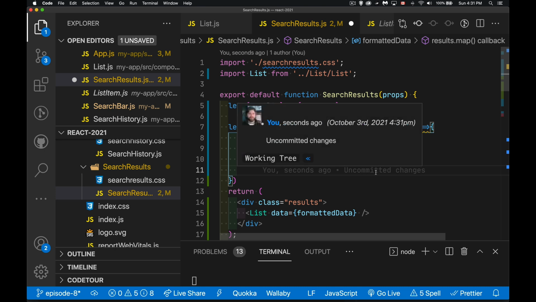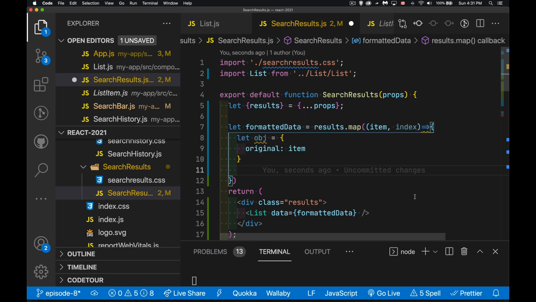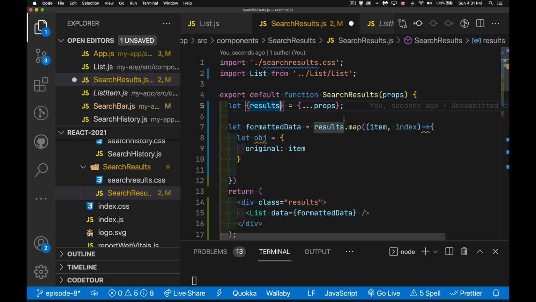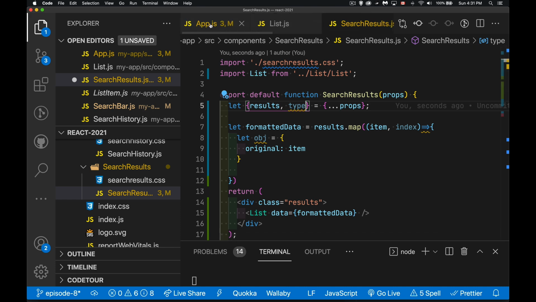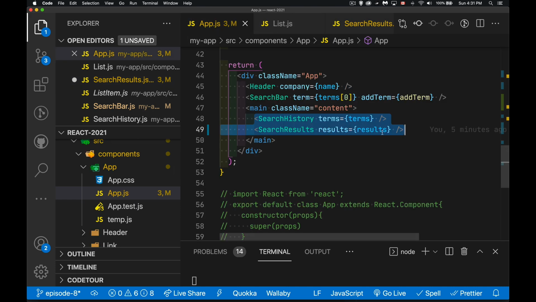Now, what I want to do is, depending on what kind of data it is, is it a film, is it a person, is it a planet, based on whatever result set we're getting back, it's going to have different properties. So that's something else that we could pass in here, potentially. We could say, the type. Is this a film? Is it a planet? Is it a person? And we can do that right here from the app.js. When we're passing it in, the results, the type,